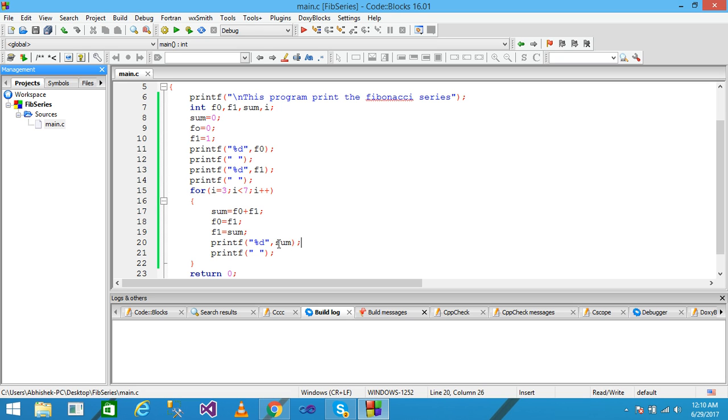Before this, the printf function simply prints the value of f0, meaning 0, onto the screen, and the value of f1 onto the screen. After that this value is printed. Okay, and after providing the blank space, the control comes here and increments the value of i by 1,